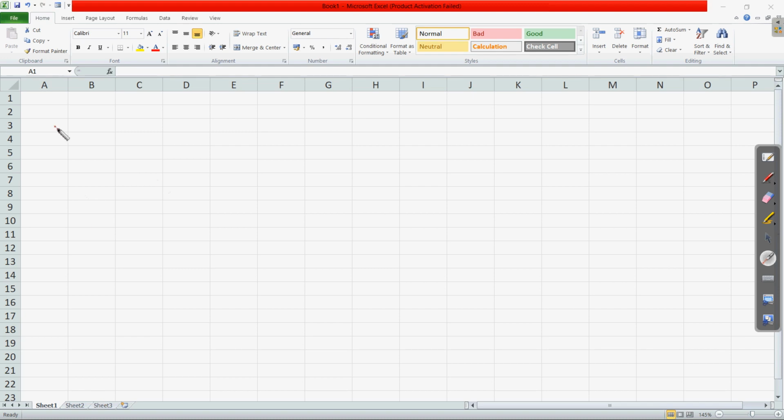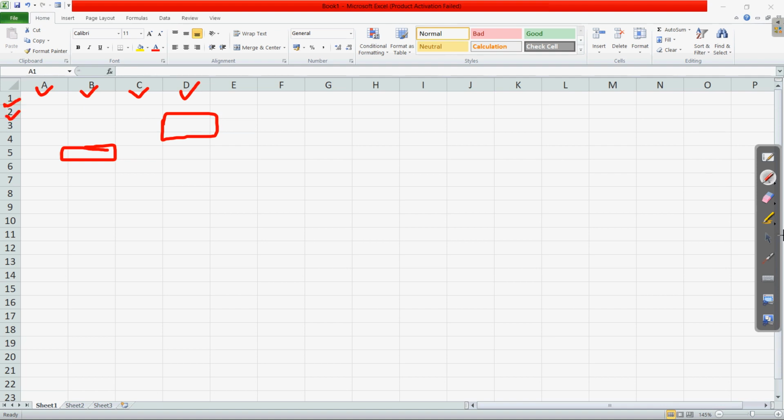Clear? And all of these are in the form of rows and columns, and the intersection of these rows and columns, this single entity is called a cell. Clear? Each of these single boxes where we will enter the data is called a cell. Then rows and columns. So here all the columns have the headers as alphabets A, B, C, D, and the rows, which are the horizontal ones, are denoted by 1, 2, 3.